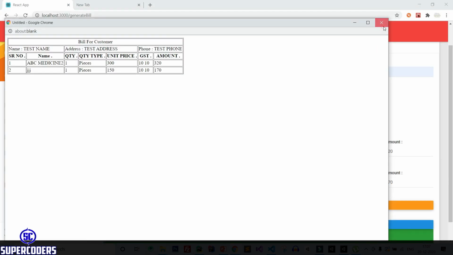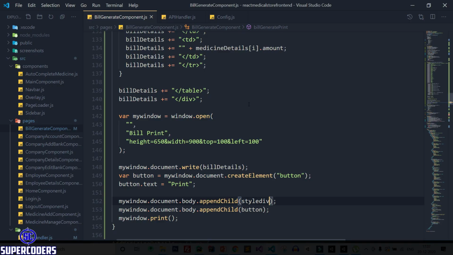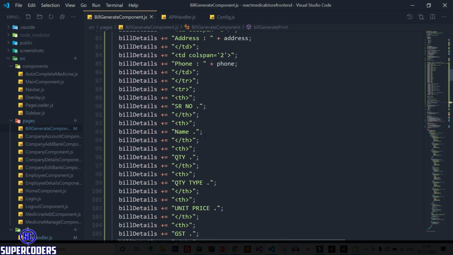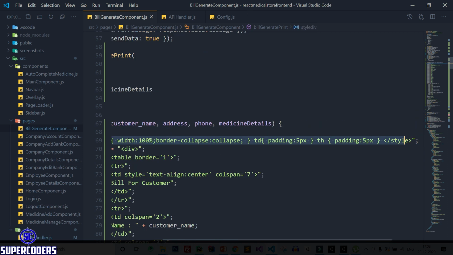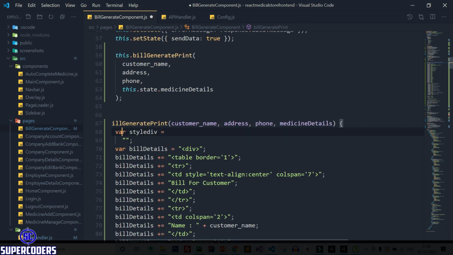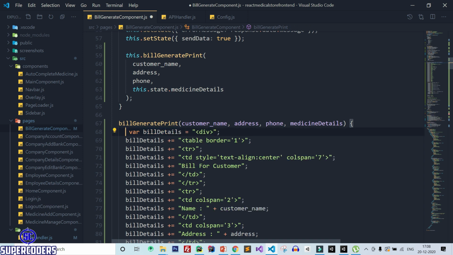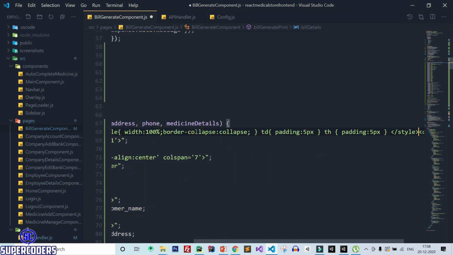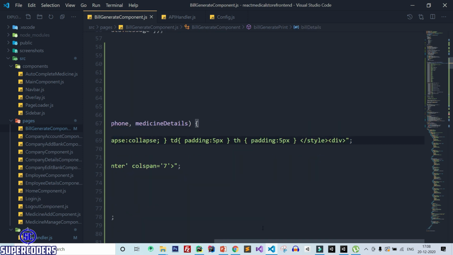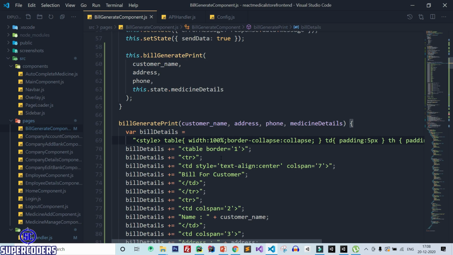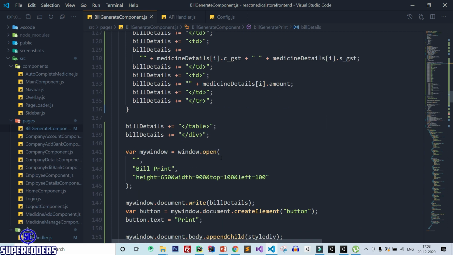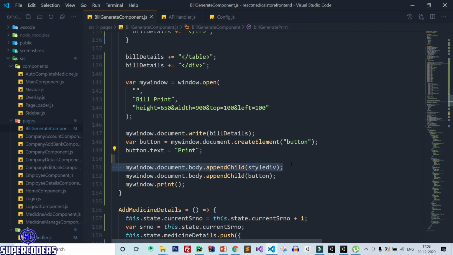So instead of here append the style in this. So cut the content and paste inside this. Save it. Back to Chrome and here it is showing error because of this.